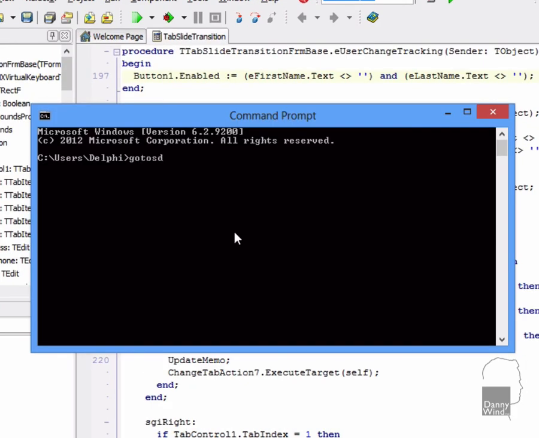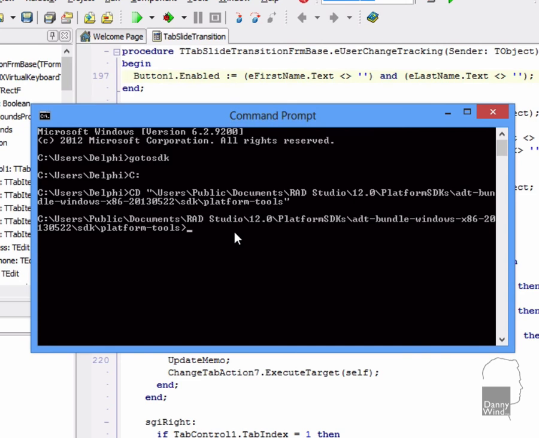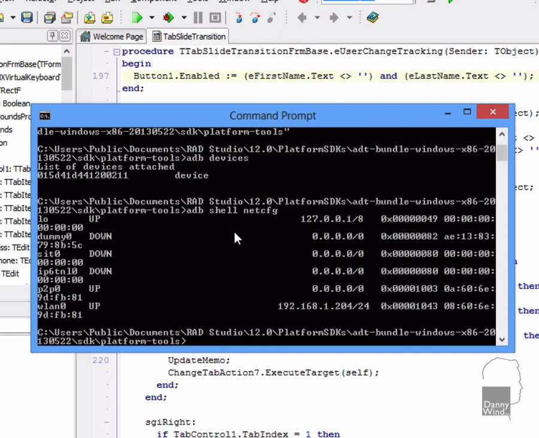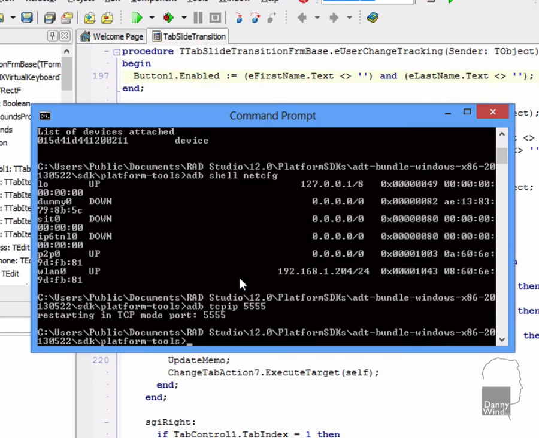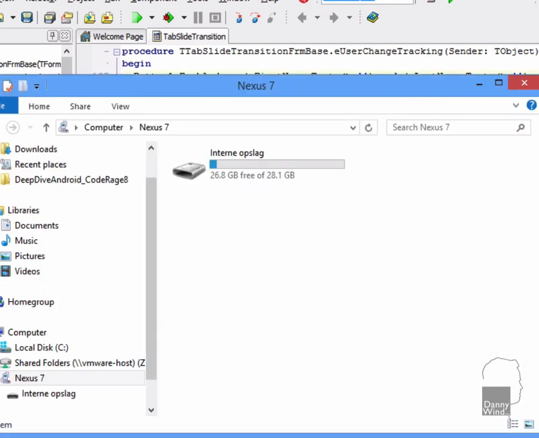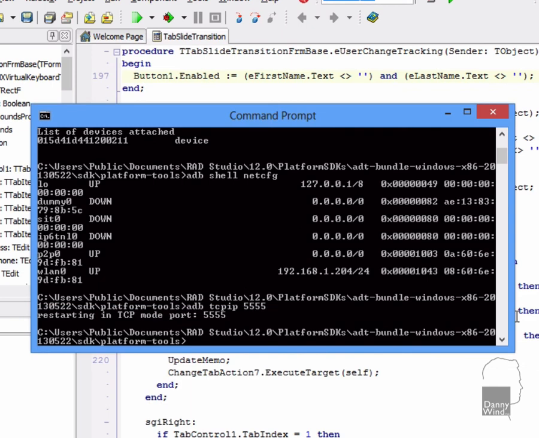I'm going to debug this using the Android Debug Monitor. For that, I'm going to make an extra connection using the Android Debug Bridge. With adb devices, I can see the Nexus 7 is connected, and I'm going to request its IP address, and that's that. And then I've got to change it to TCP/IP mode. You have to wait a little while for it to come up again. There it is. What I've done now is I've connected the ADB using TCP/IP on port